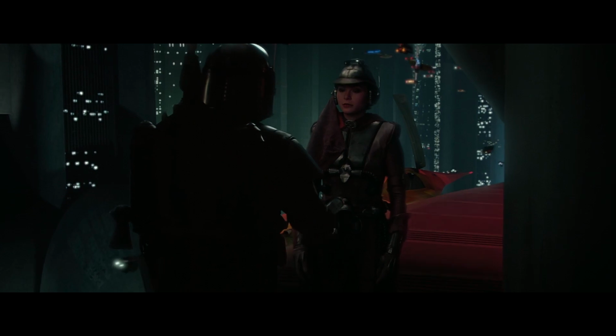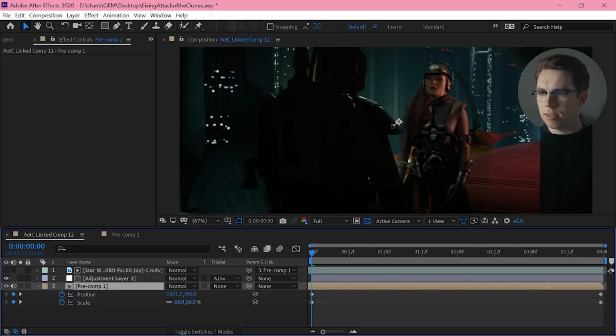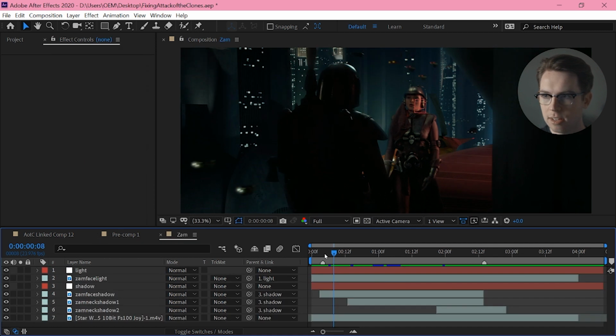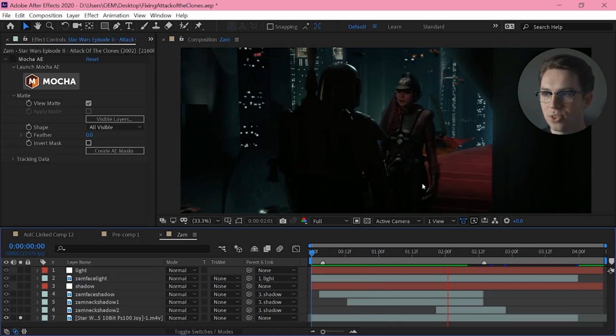Alright, so shot 12. This is another face replacement and a retime, and actually quite a bit. I'm basically condensing an entire little dialogue into one line. So, let's dig in here. Let's start with this face replacement. So that's the original shot. All I want to do is just stop her from talking.